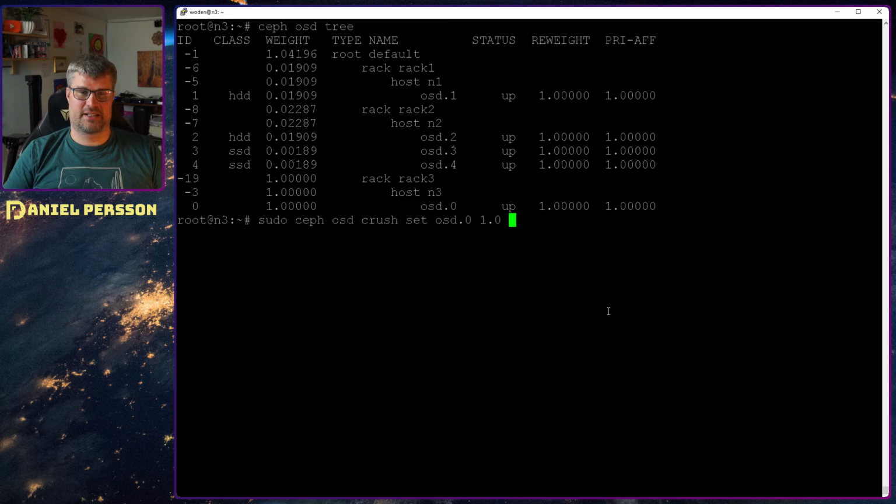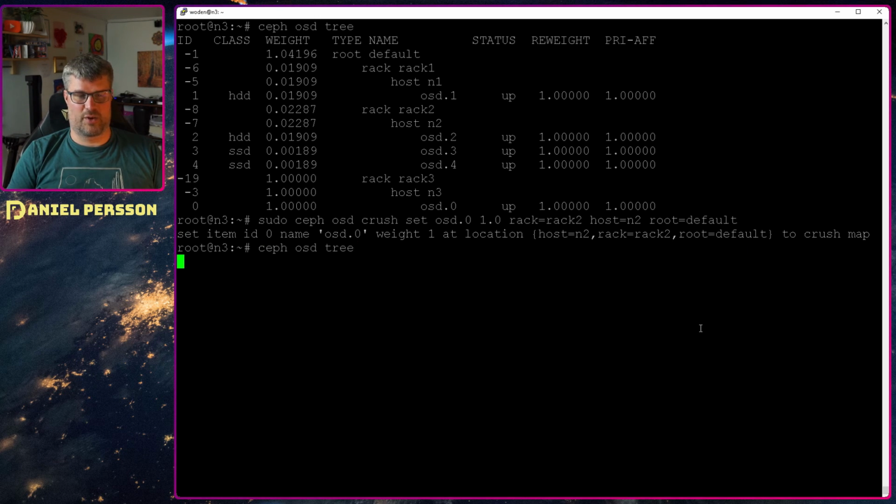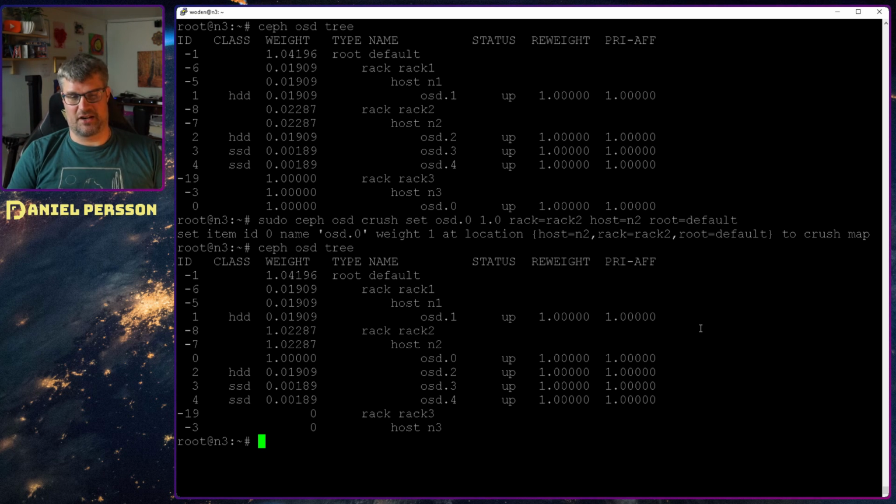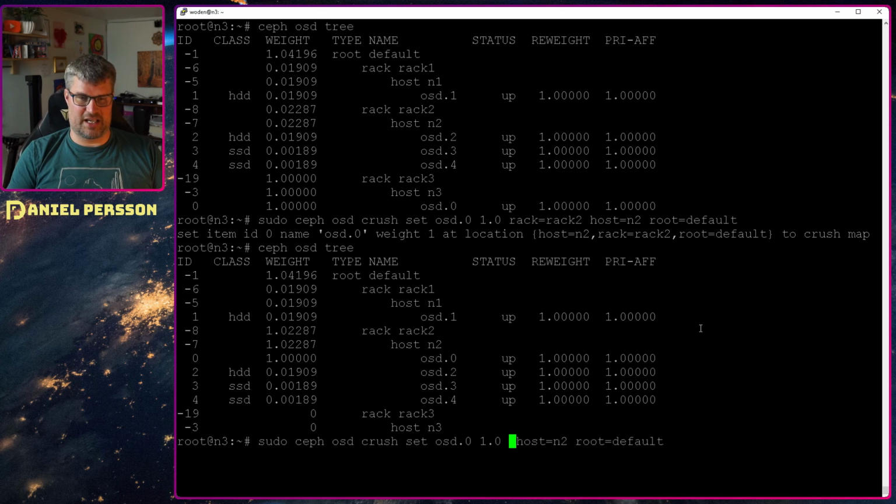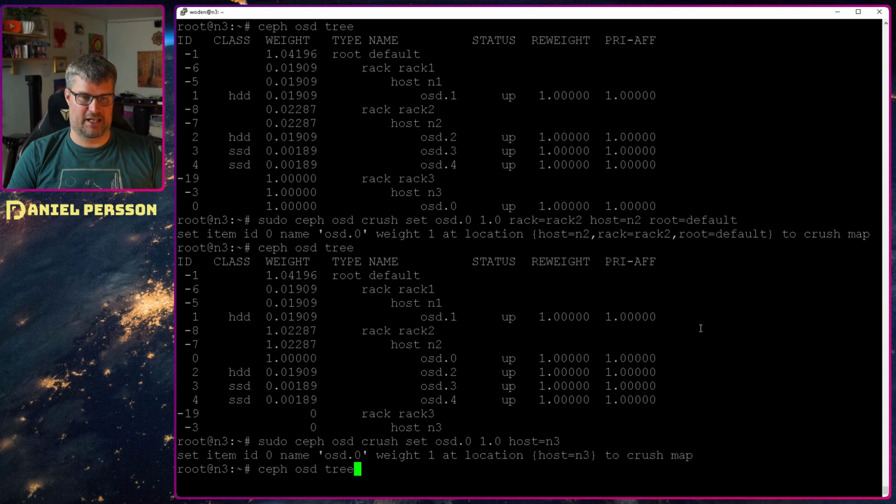So if you set that OSD 0 1 should be in rack 2, host N2 root default, it will move over to that host, which makes no sense because that's a different server pretty much. And I can move it easily back as well. I don't need to specify everything here as everything is set up already, so I can move it back so